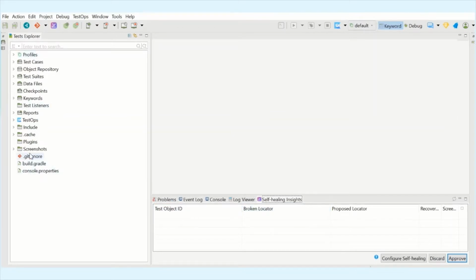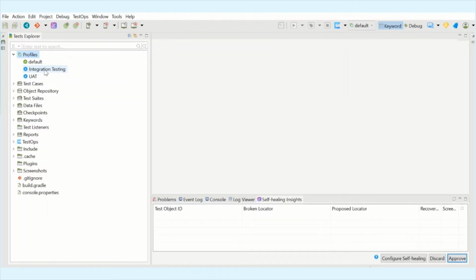First, let us discuss the important structure of any project. So we have profiles here. This is the place where we can maintain different profiles for different test environments. When we talk about automating an application under test, we do testing in a lot of different environments, such as a development environment or a test environment. Even in the test environment, there are different environments for different phases of testing, like system testing, integration testing, and user acceptance testing. So we can create profiles and differentiate the test environment.